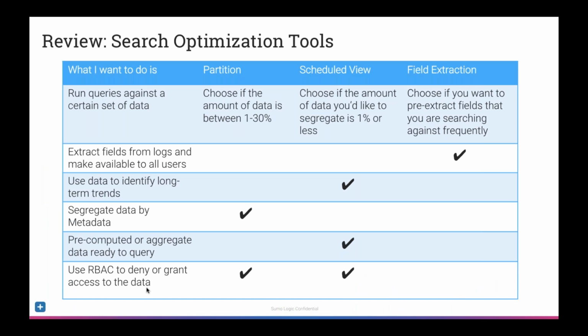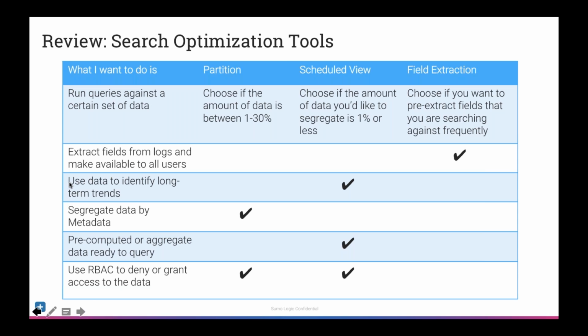All right. So in review, I've talked about 3 options. I've talked about field extraction rules, scheduled views, and partitions. When do you use which one? Because it seems like there's a lot of these different cases. So if you want to do the following, here's the different options that you're going to use. If you want to extract fields from logs so that all users can use your logs, then you use a